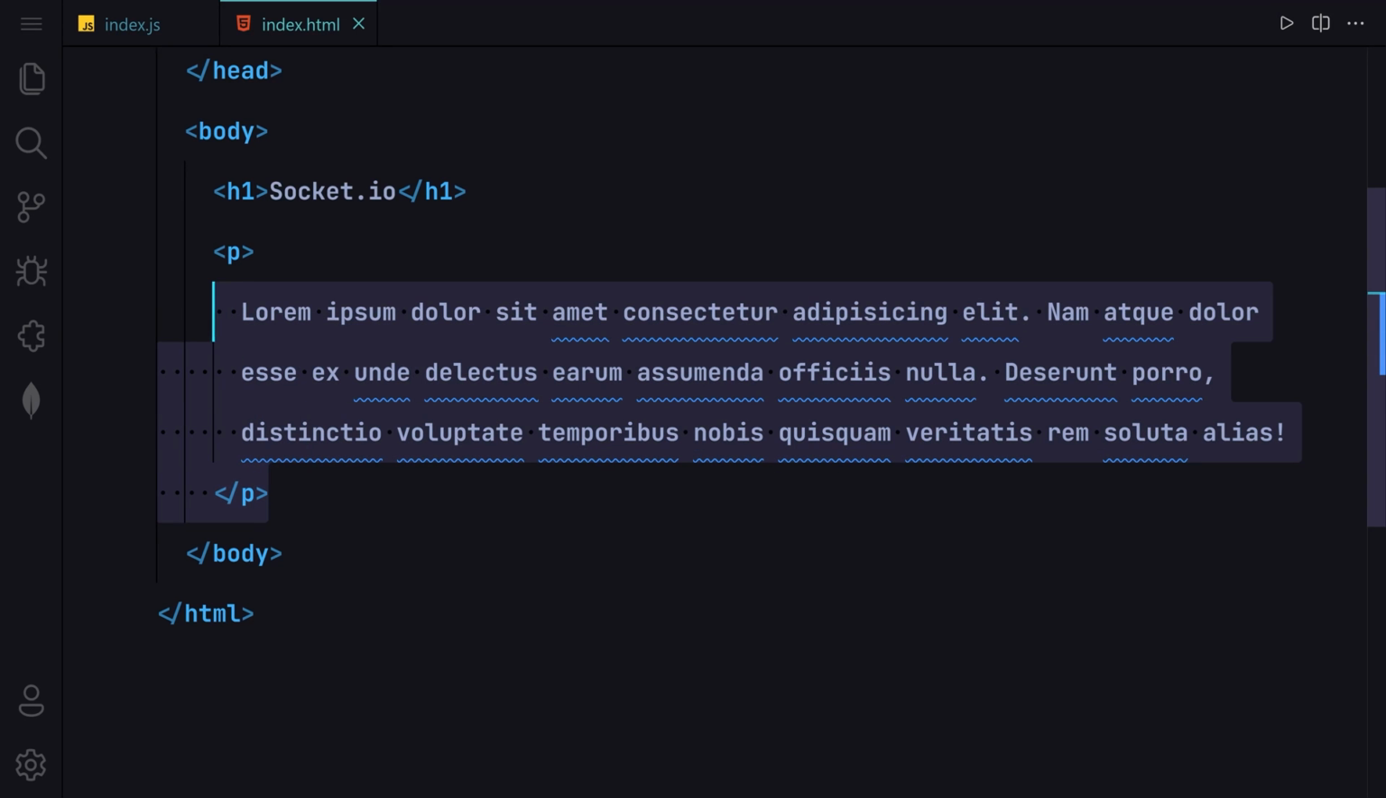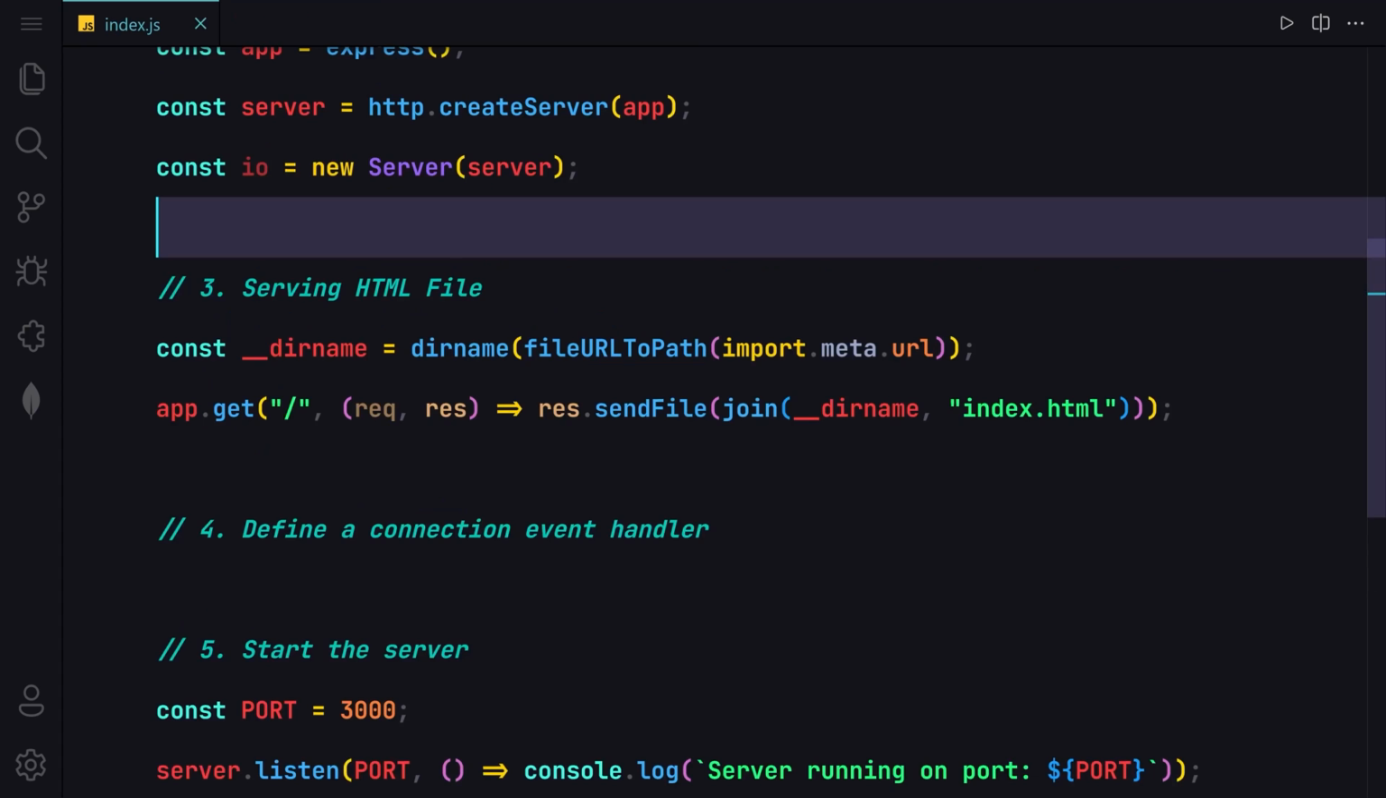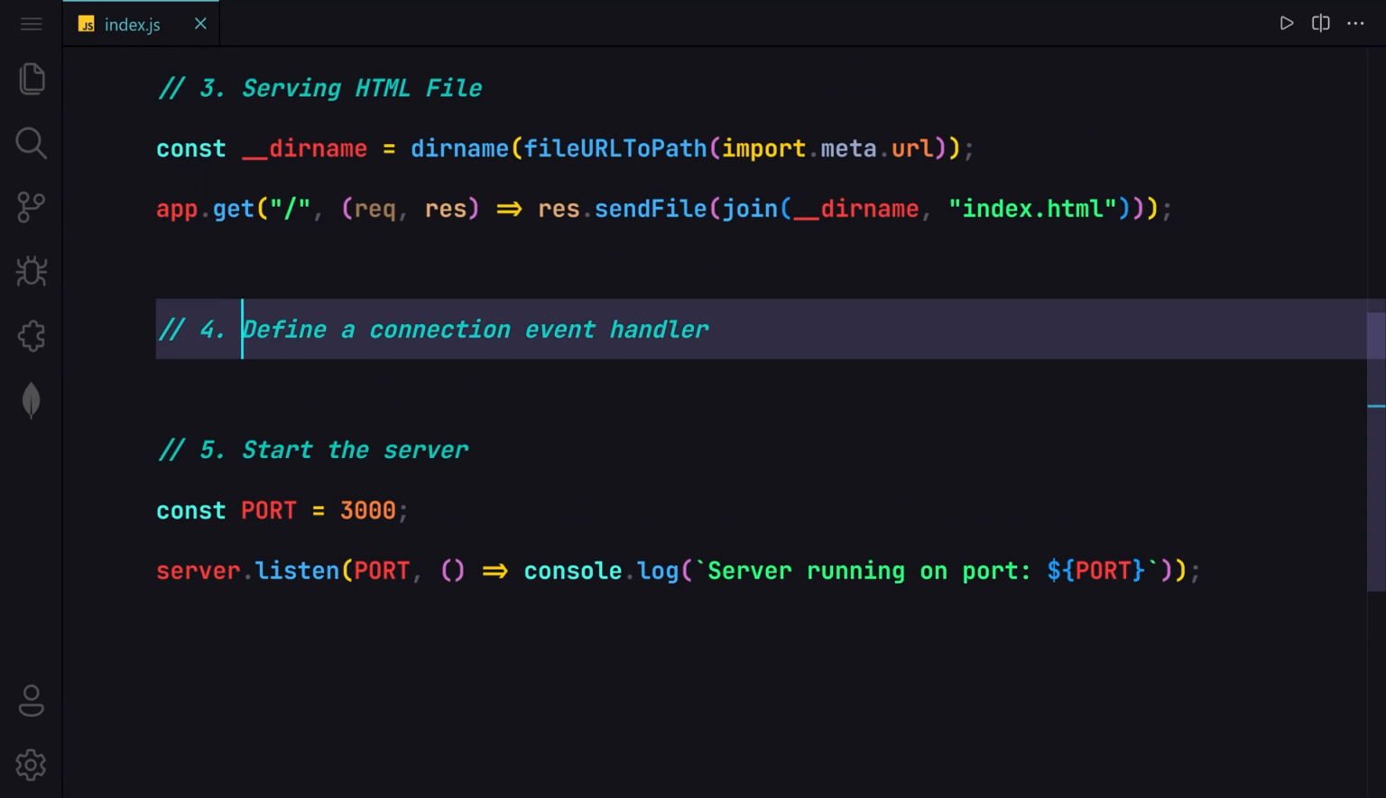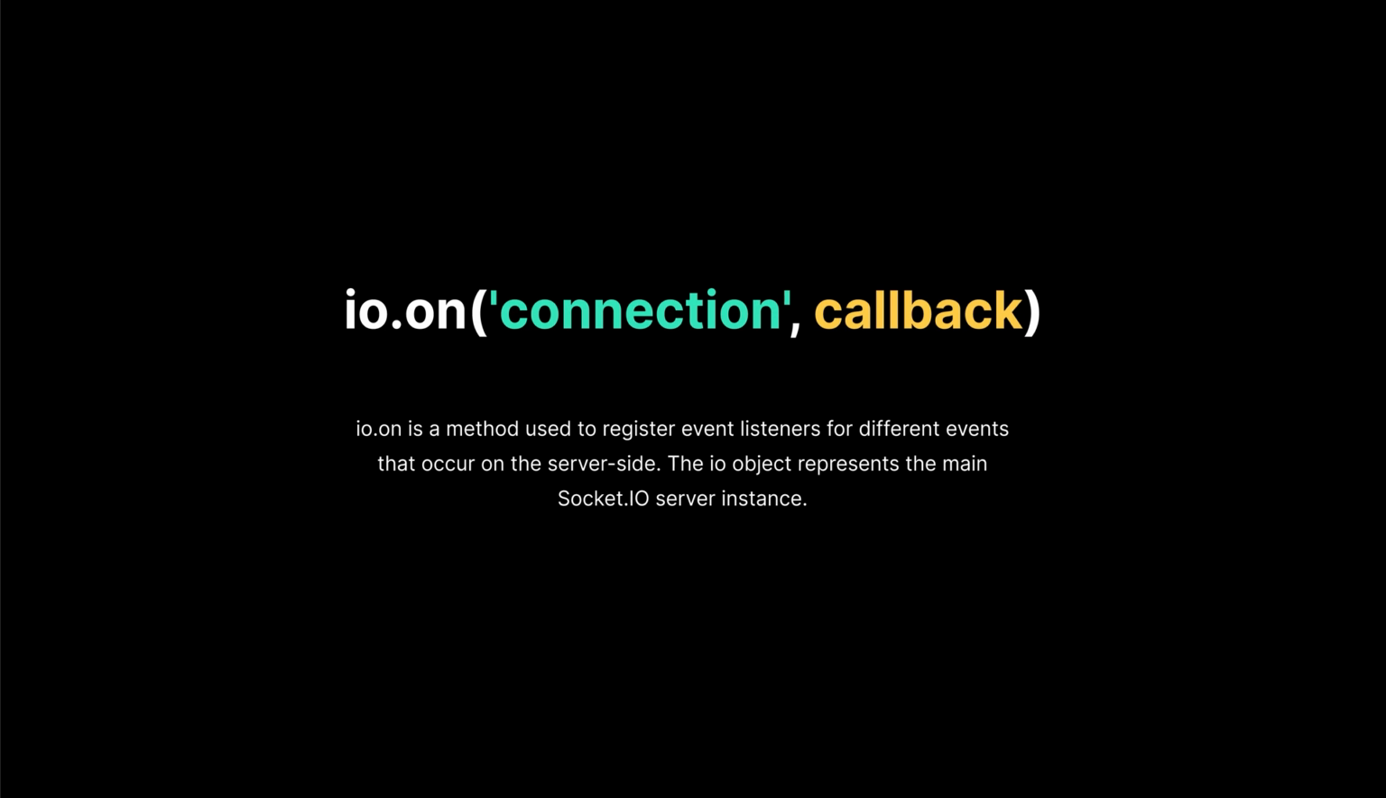So yeah, that's cool. But now let me just cut that from here, we don't need that. So yeah, this is how we are going to be serving our HTML file. But now let's just take care of defining a connection event handler. So now let's talk about the essential part of this course, which is called the io.on connection and then the